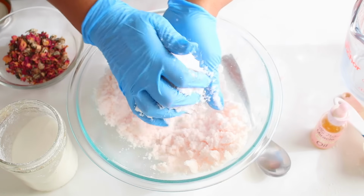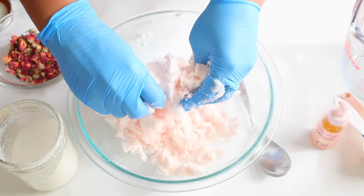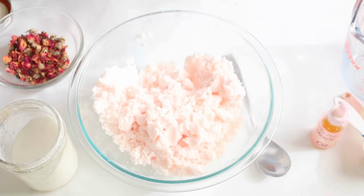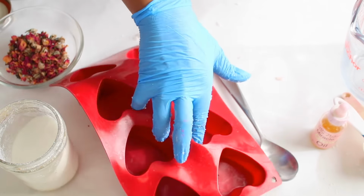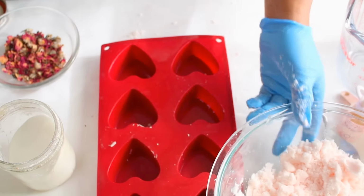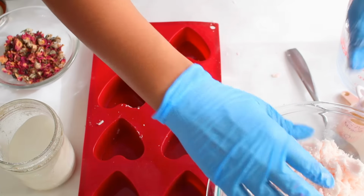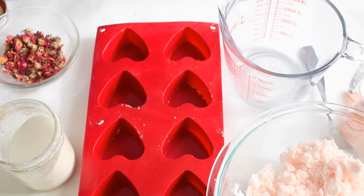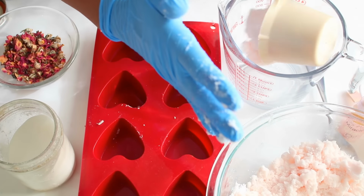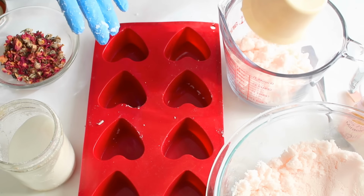So once all your ingredients are combined and it sort of looks like snow, like this, now it's time to put it in your molds. So my mold is pretty deep. I want to say that first. Since my mold is pretty deep, it may take a little longer for mine to dry. So first we're going to take half of our mixture. Probably a little more than a cup, like half a cup of the mixture,